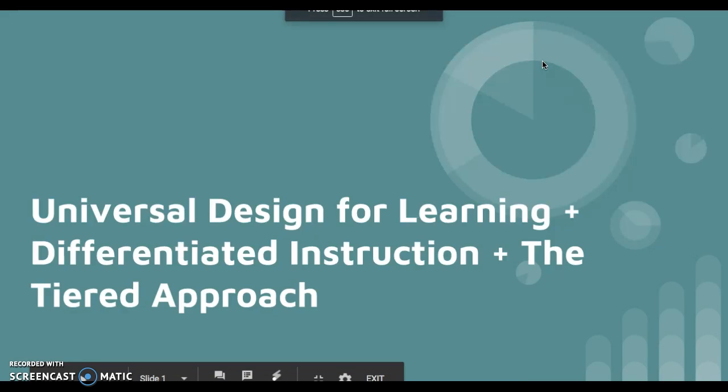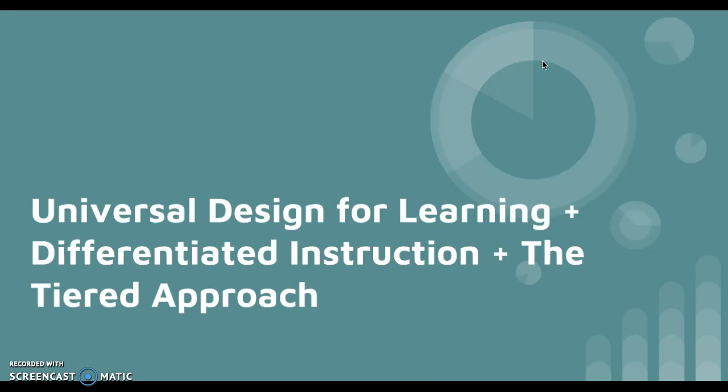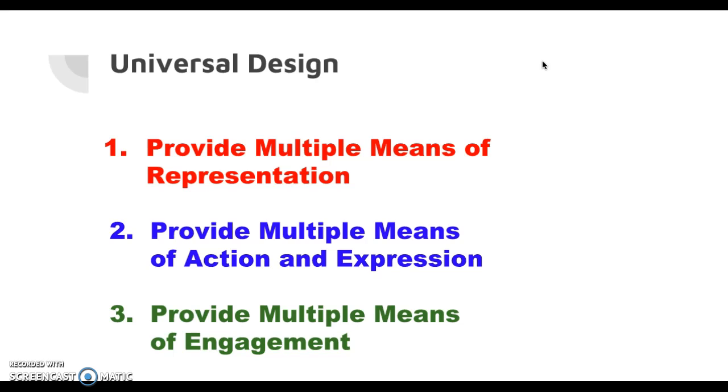So this is the universal design for learning, the differentiated instruction, and the tiered approach, and how I use them through problem solving in my classroom. So we'll start with the universal design. The three main points are to provide multiple means of representation, multiple means of action and expression, and provide multiple